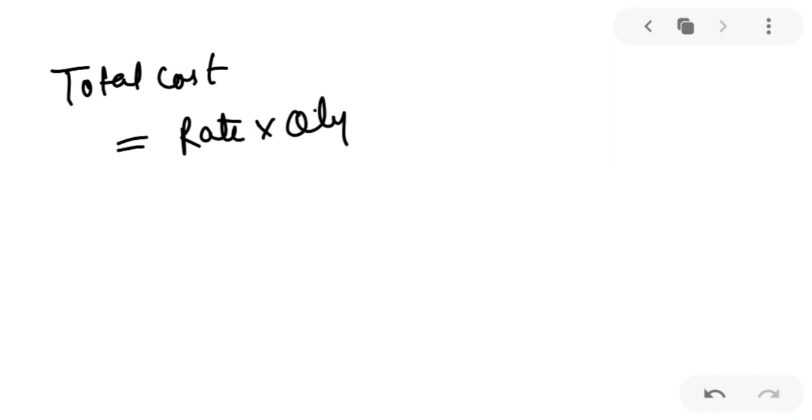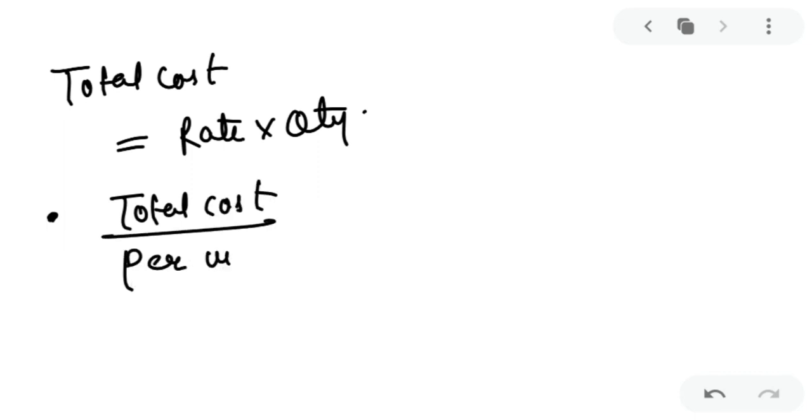My dear kids, sometimes in problems they ask you the total cost of covering, so be very sure. How will you find the total cost? It will be rate into quantity. Whatever your quantity is, how much area, you multiply it by the rate and the total cost will come. Sometimes in your problem the total cost will be given and the per unit cost will be given. So you have to divide this as per the requirement of the problem. You will get your area or you might get your perimeter.